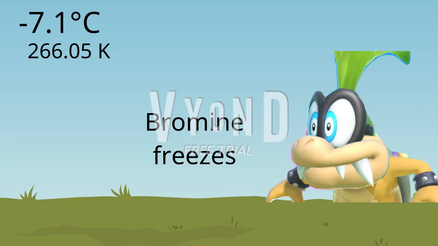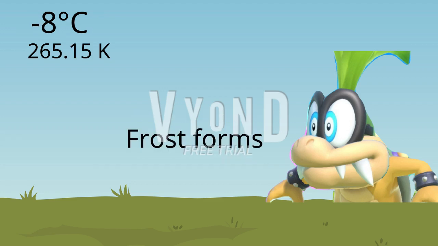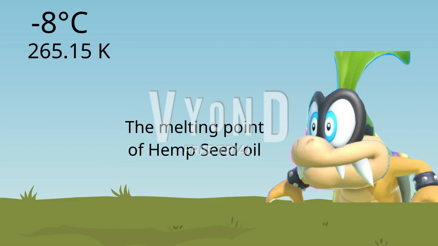266.05 Kelvin. The coldest temperature in Paraguay is -7.5 degrees Celsius, or 265.65 Kelvin, recorded in Pratts Gil, Boquerón Department on the 13th of July 2000. Frost forms at -8 degrees Celsius, or 265.15 Kelvin, the same temperature as the melting point of hemp seed oil, an oil that is obtained by pressing